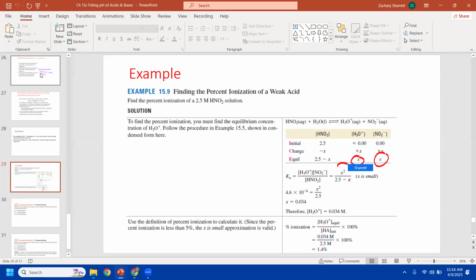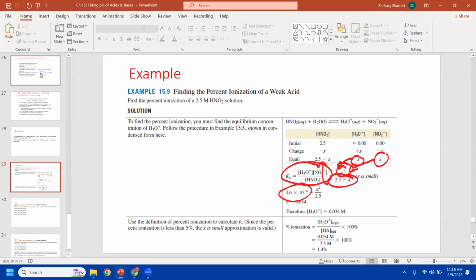When we write our equilibrium expression, which is just review from chapter 14, we're going to put in an x times an x, which equals x squared. That's where that x squared is coming from. 2.5 minus x comes from the equilibrium concentration of this weak acid. Now we look up the Ka value, which is 4.6 times 10 to the negative 4. It is not the smallest number when it comes to weak acids, but because we have a pretty large initial concentration of 2.5 molar,